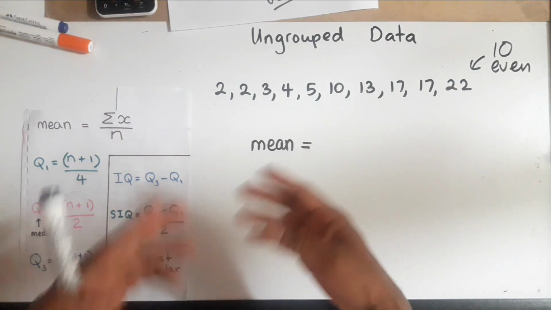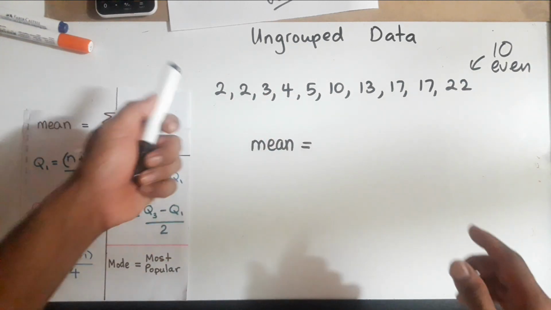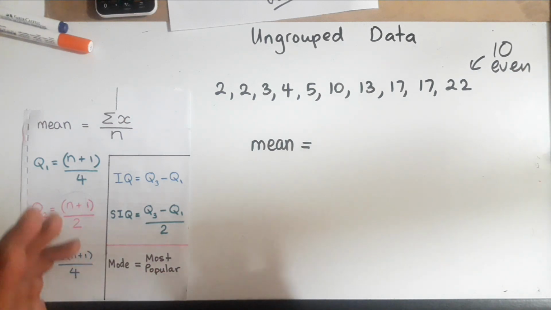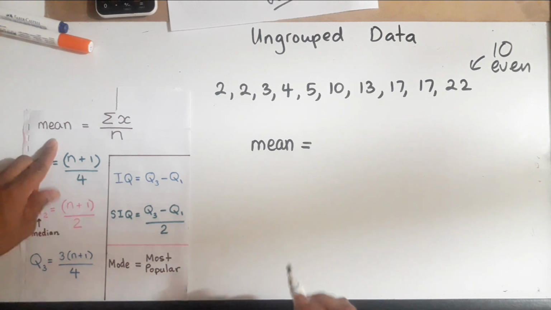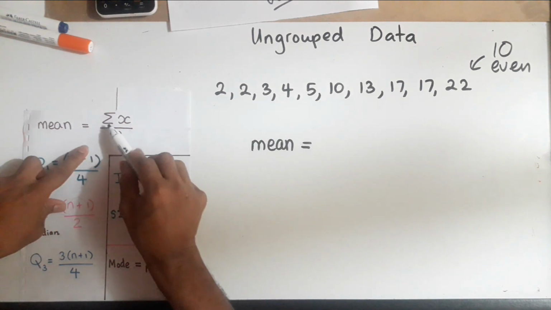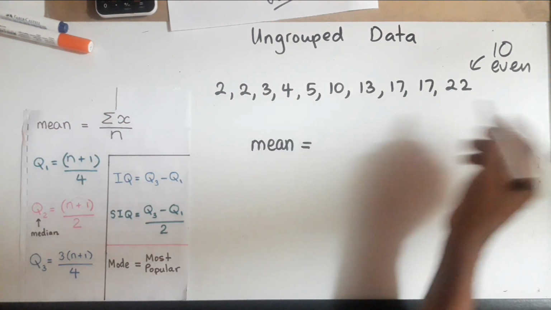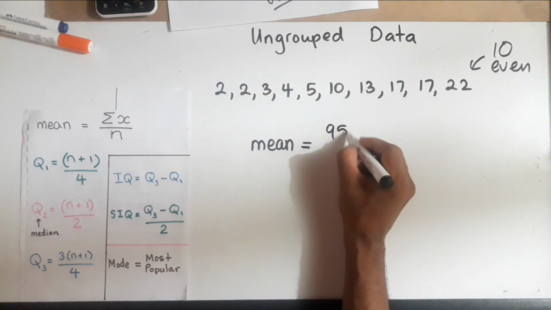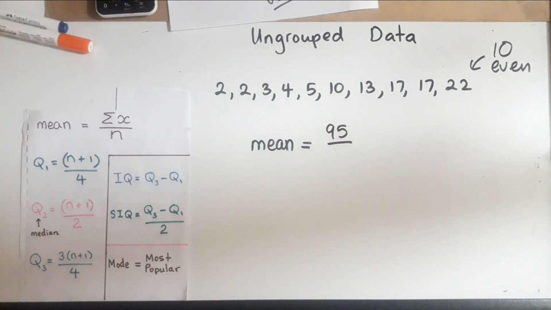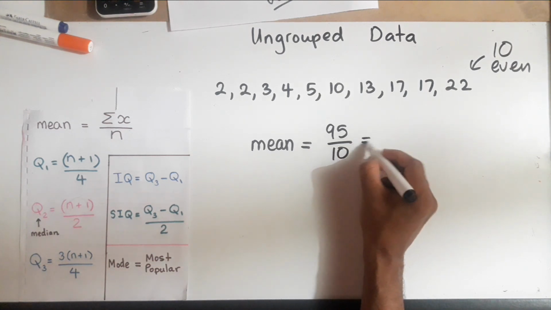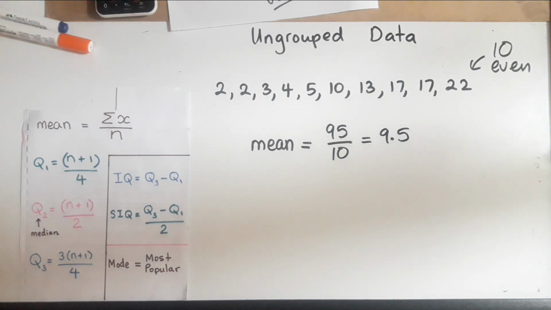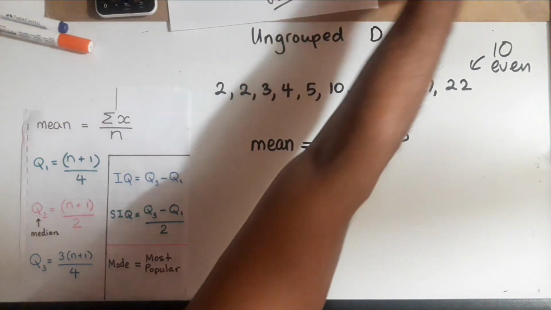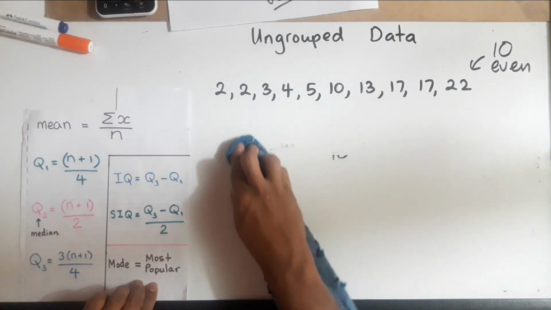Now, I already took the liberty of arranging the numbers from smallest to largest. You need to remind yourself to do that in the exam. So let's do the easiest one for this. Mean. Mean, you add up all the numbers. That's what sigma means. Now, I already added up all the numbers. If we add up all the numbers, we'll get 95. And then we divide by the amount of numbers we have, which is 10. So, I don't need a calculator for this. So, the mean is 9.5. Easy stuff, okay? Let's get to the harder ones now.